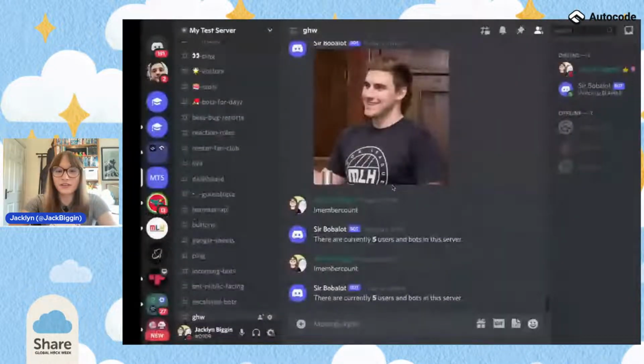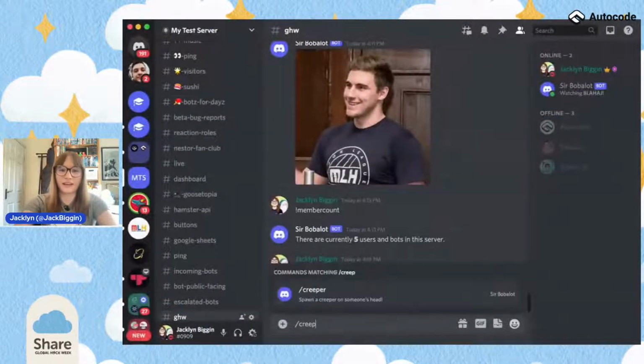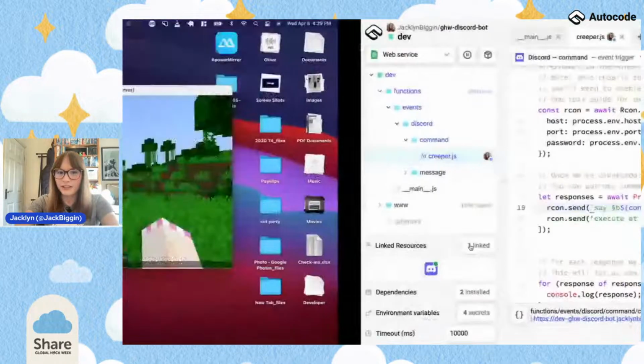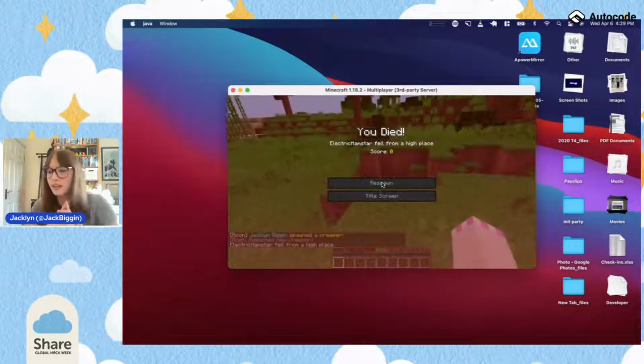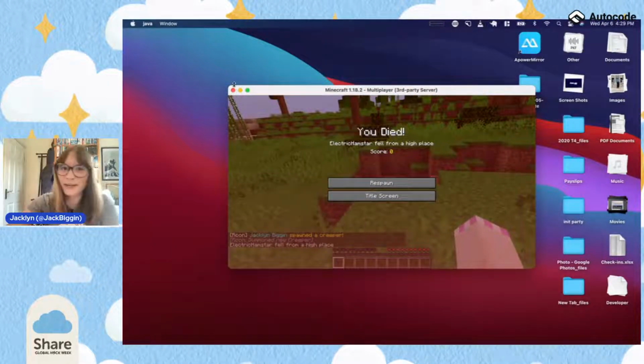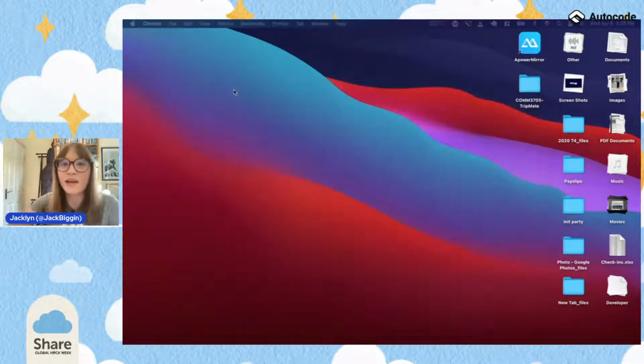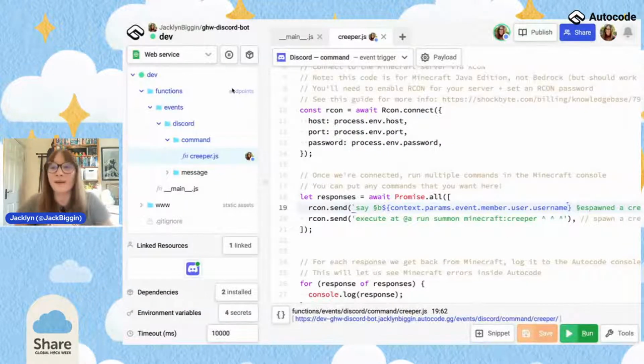I don't know how to code that myself, but that's why Autocode is magic. It will mean all of these things that are really difficult to do, you can do in just a couple of minutes. Unfortunately, it doesn't make me any better at Minecraft, but that's okay. So there you go. For the person who asked, how do you connect to games and stuff? That's how. It's literally that easy. You can find an example snippet, you can go and incorporate it into your Discord bot, and you can do really, really cool things with that.